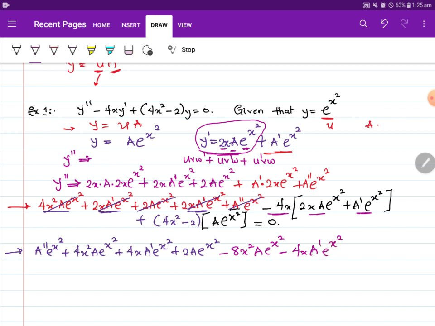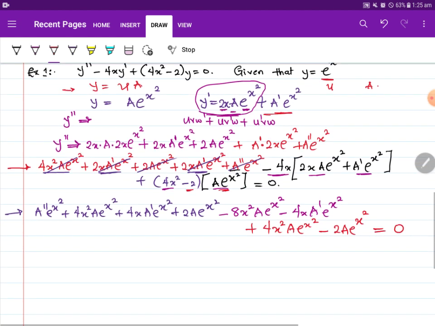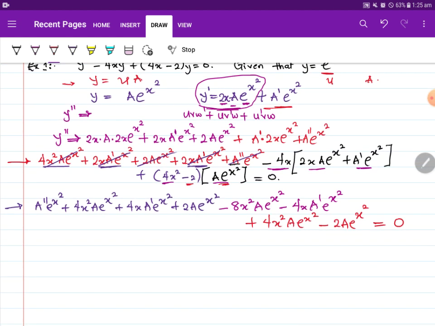Okay, now let's open the bracket. This times this, that will give us plus 4x squared a exponential x squared, minus 2 times this, that will give us minus 2a exponential x squared. All is equal to what? Is 0. Now at this point, if you look at it very well, I can say that what is here,